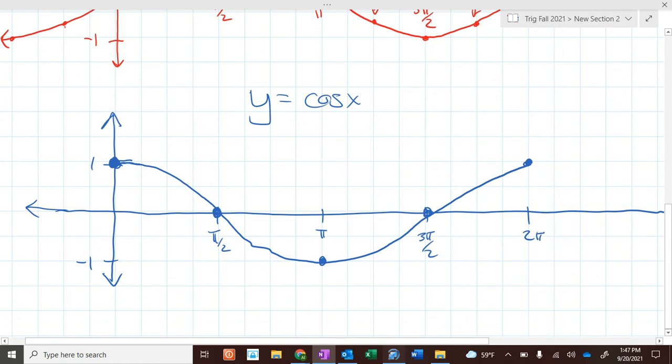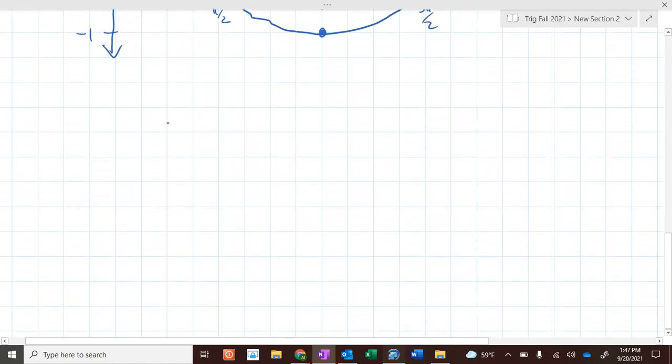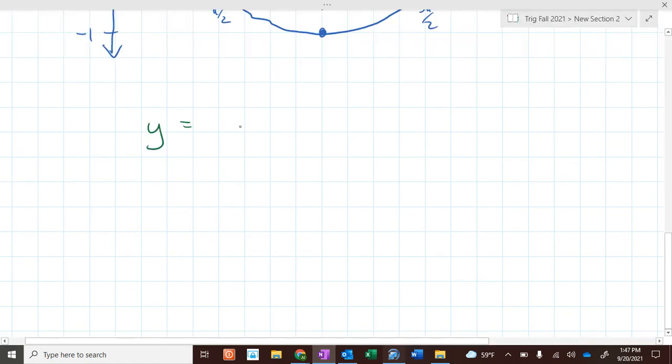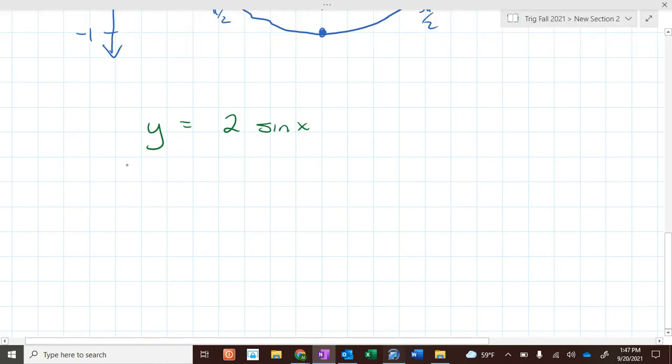Now we're going to add our a's and c's, I think we'll start with. And then we'll do a few problems, and then we'll add in the d's. And then on Wednesday, we'll add in the b's. Okay? So let's do this. Let's do y equals 2 sine of x. So to graph y equals 2 sine of x,